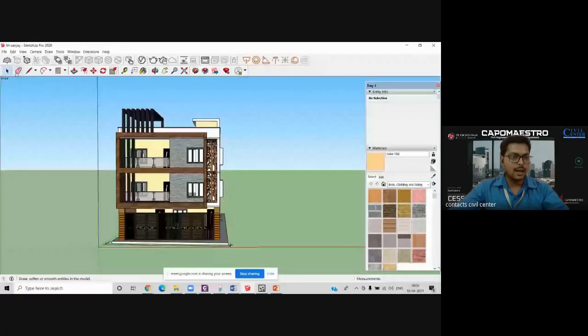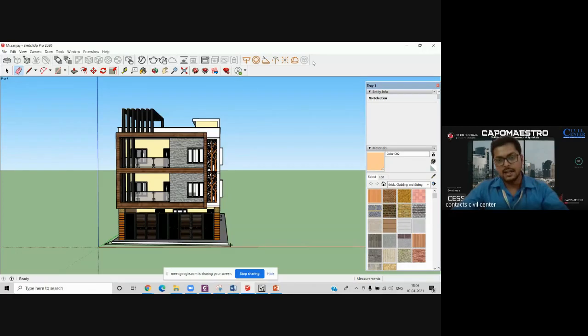Over here you can see we have used all the tools that are present here. This bar I have not discussed, because this is an extension of V-Ray and is not a part of SketchUp. If you want to go for the render, then you have to use this toolbar. So this is for render purposes, and we are not going to discuss the details of it.